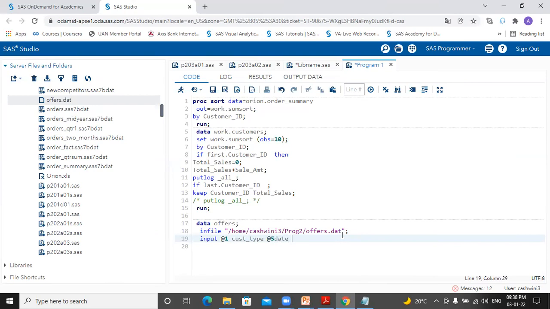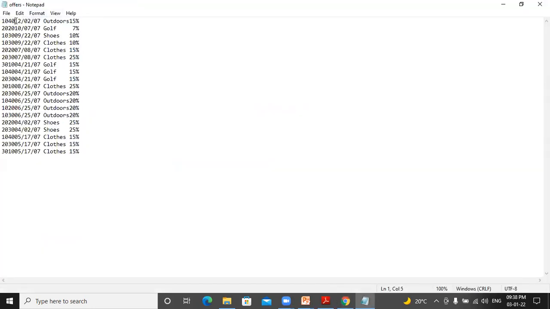Fine. Then we had seen that at the rate at what column? So this is 5, 6, 7, 8, 9, 10, 11, 12, 13 is space. From 14th onwards, 14, 15, 16, 17, 18, 19, 20, 21. All right.